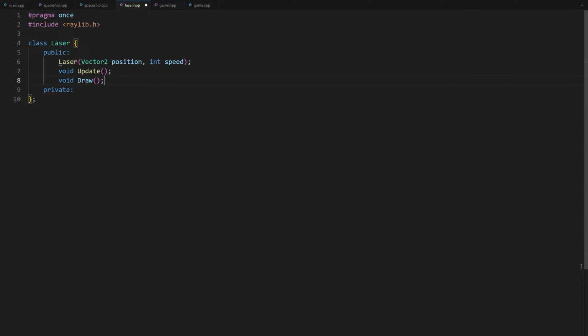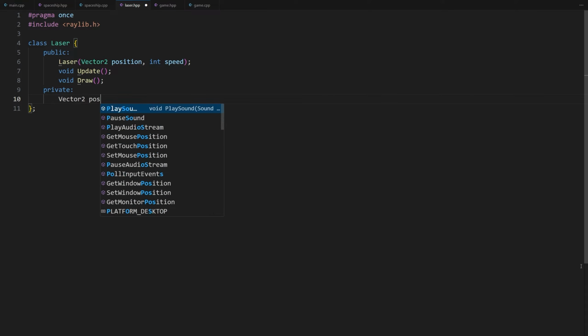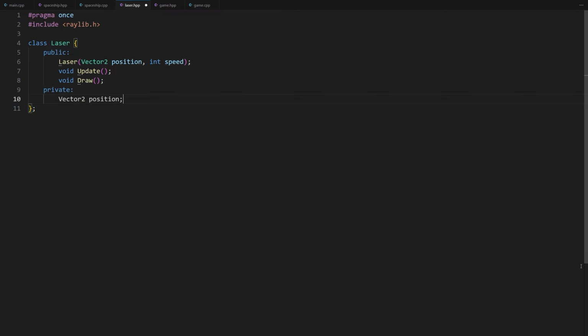Now let's think about the attributes. We need to know where the laser beam is on the screen, so we need a position attribute. This can be private. Vector2 position. We also need to know how fast it moves on the y-axis, also a private attribute. Int speed. That's it. A basic version of the laser class declaration is ready.